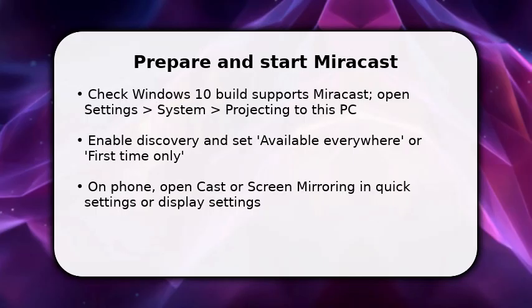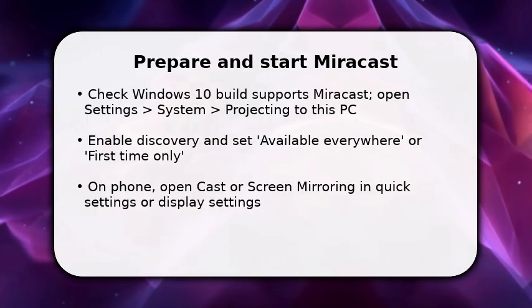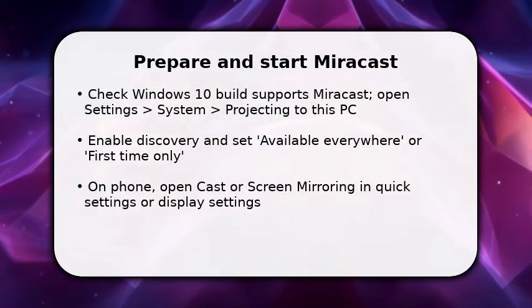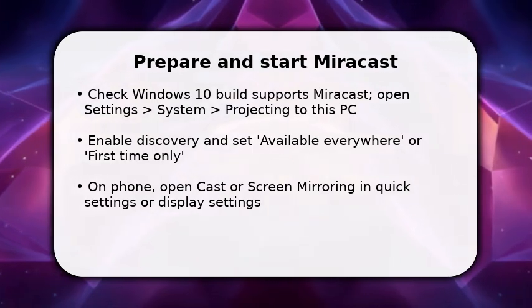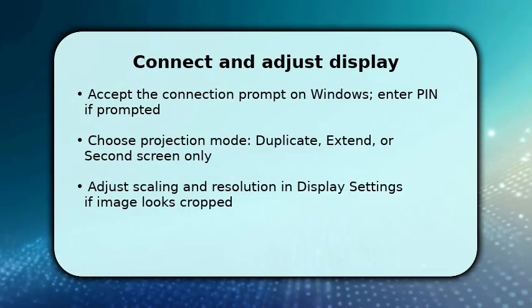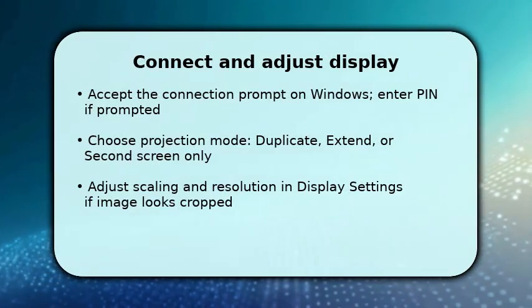Now on your phone, open the Cast or Screen Mirroring control. You should see the laptop name appear. Tap it to start the connection handshake. After initiating Cast from the phone, you will need to accept the incoming connection on the laptop, so the secure